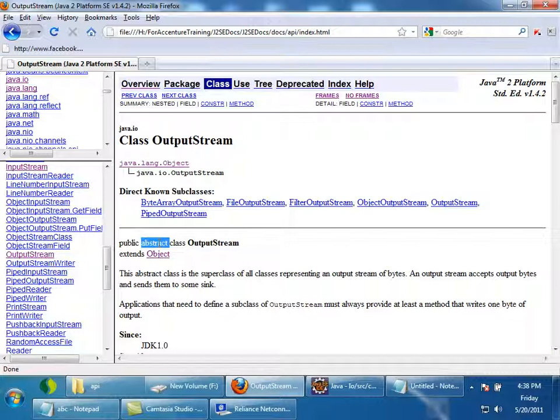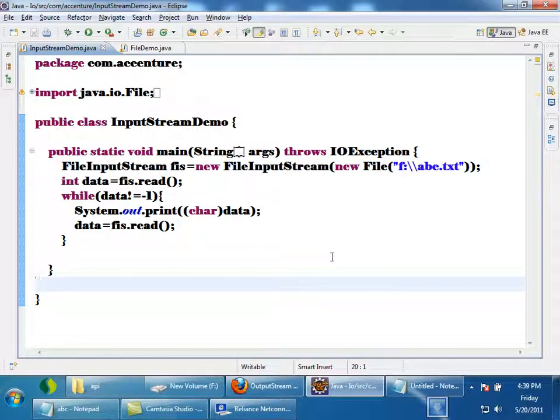So if I am somehow able to create an object of output stream, I will be able to do it. But output stream is abstract. So see, there is something called file output stream. If I am able to create an object of file output stream, and if I am able to call the write method, it will write 1 byte, 1 byte, 1 byte. Right? So now the hint is, just like we have written the same program, modify the same program. Here what am I doing? fis.read will read 1 byte. I am printing it to console. Now print the same thing to a file also by using file output stream. Modify the same program and make this program write the contents, each byte, to another file.